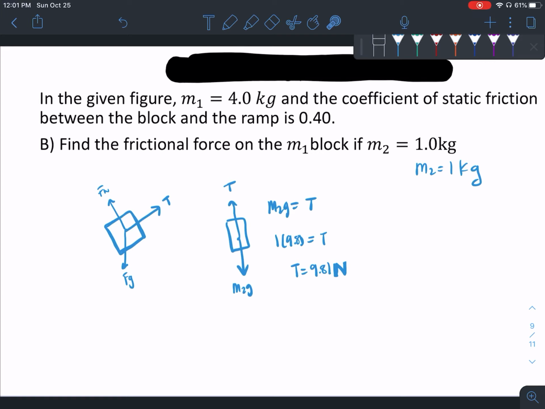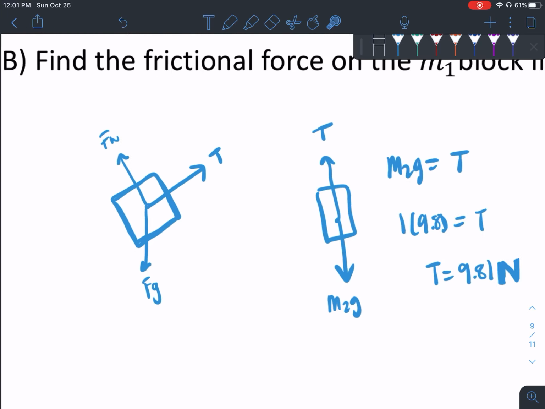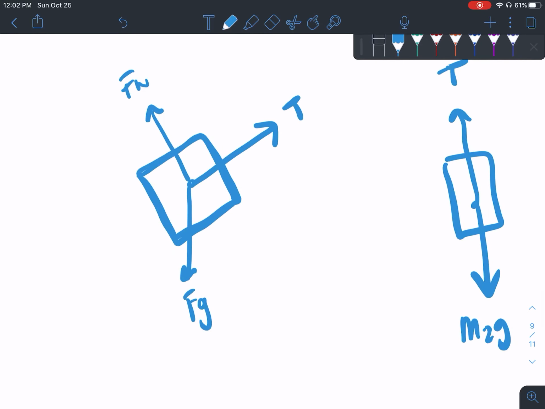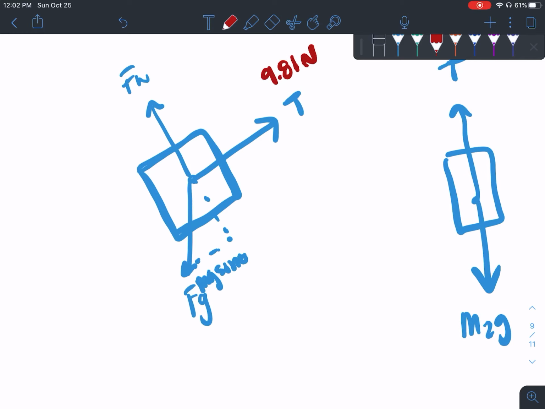And so we need to compare which one is larger to really try and figure out what's going on here. So we need to figure out which direction our force of friction is pointing. And so if we do this out, we know that the two forces that could either be pulling on it are mg sine theta or tension. Well, we know that our tension then is equal to 9.81 newtons. And if we do this out with our 4 kilograms, we actually find out that our mg sine theta is 19.62. So since our force of gravity, the component that's pulling it down the ramp, is higher, that means that